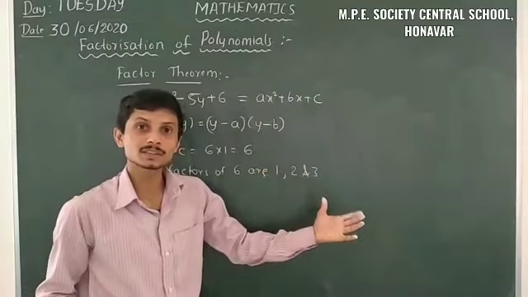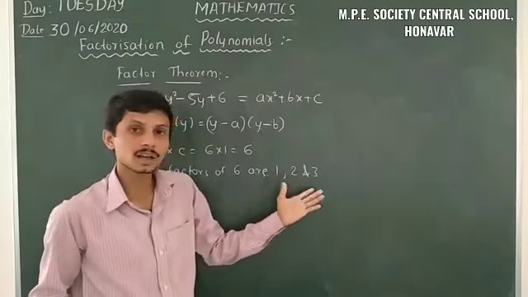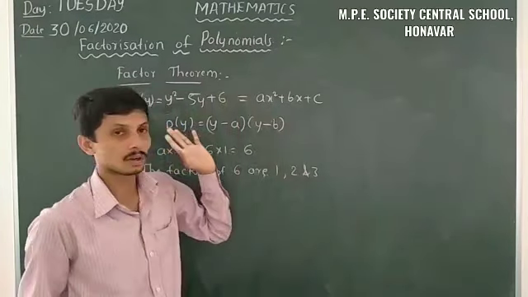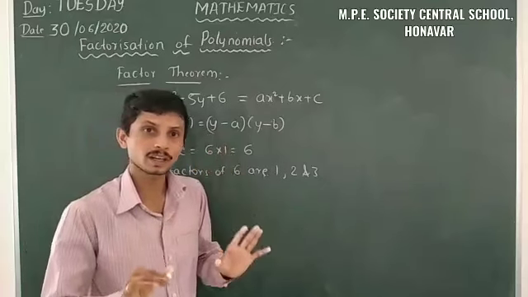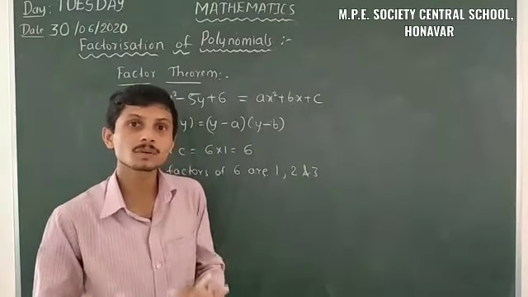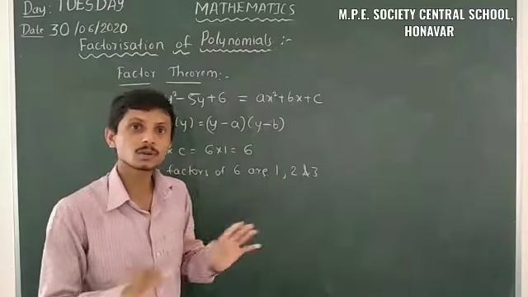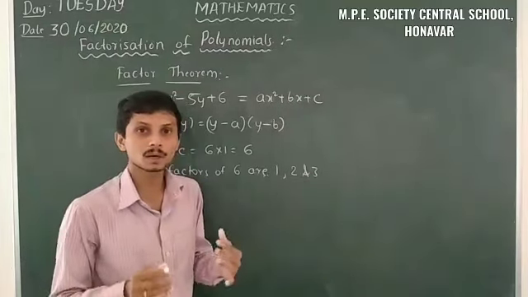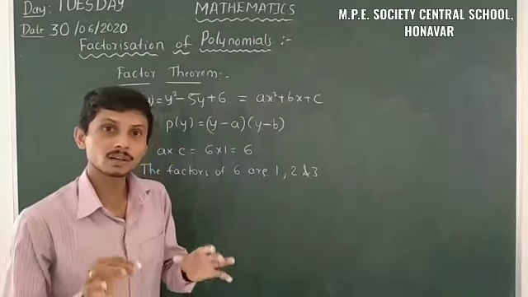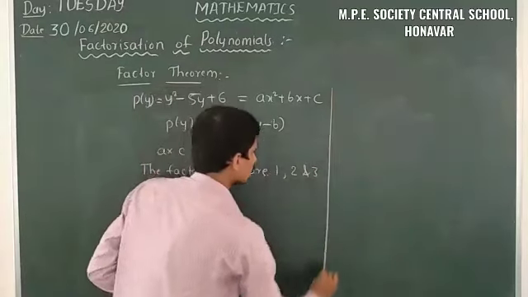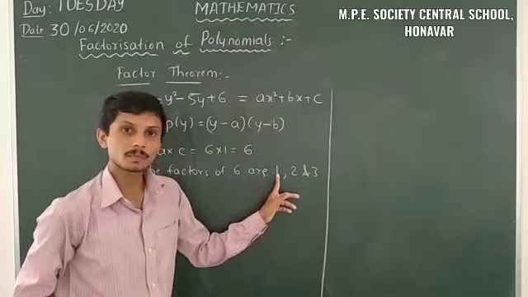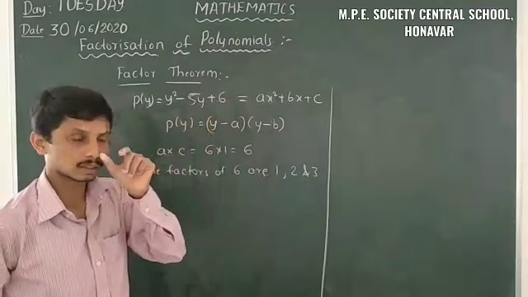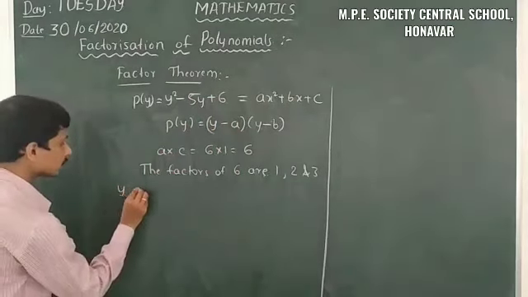From these factors we have to identify what are the possible factors of this polynomial. We want just 2 factors. There are only 2 chances of factors, but here 3 candidates are possible. Here we have to check one by one, taking the value of y. That means we have to substitute the values 1, 2 and 3 into this equation. Firstly I will take y = 1.